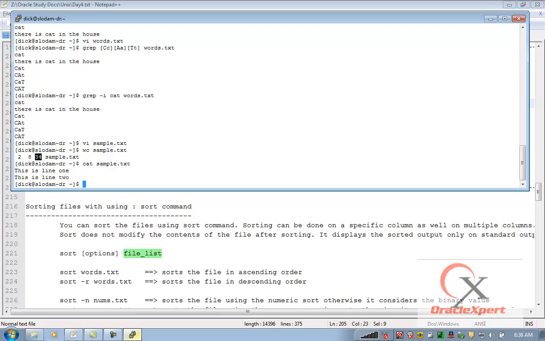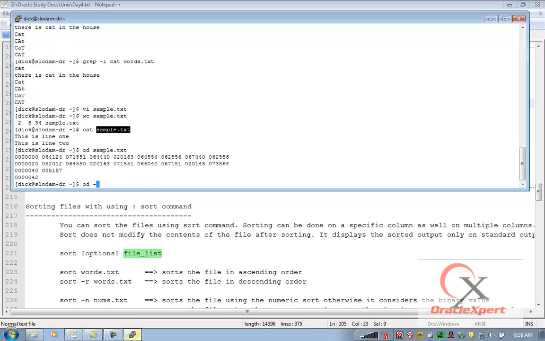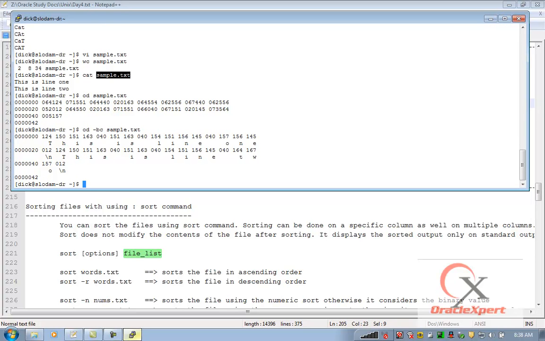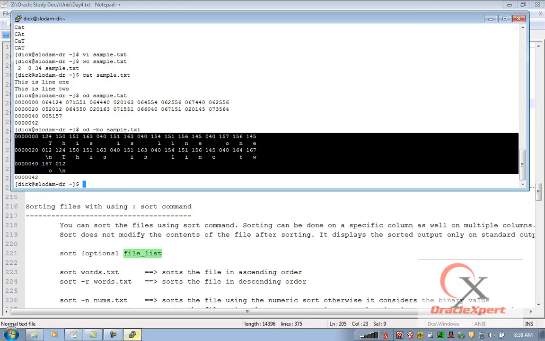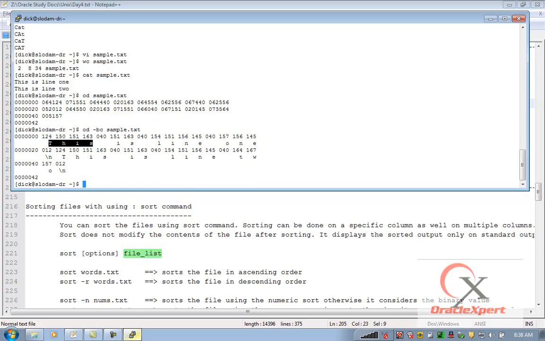So looks like it has gone wrong in counting. I could see only 32, whereas it is counting it as 34. So understand why it says 34. I am using octal dump with -bc as the option, and then I am counting how many characters are really there. This is the octal dump of that file to find out what exactly lies in the file. So there are 4, space is 1, 5, 6, 7, 8, 9, 10, 11, 12, 13 as the space, 14, 15, 16,